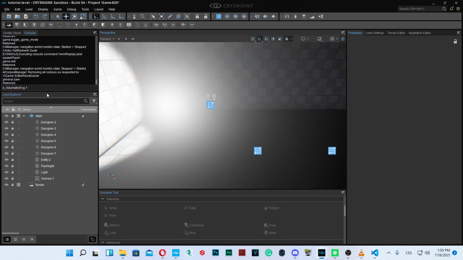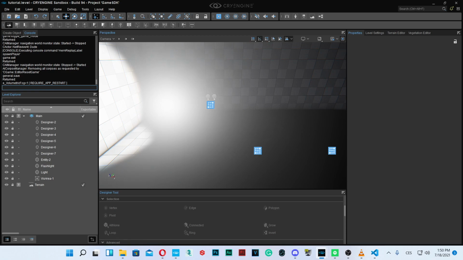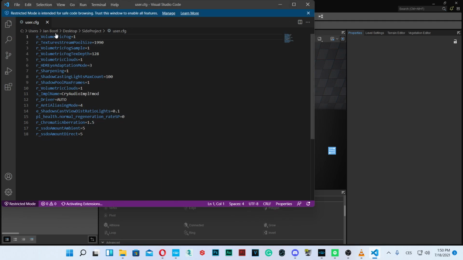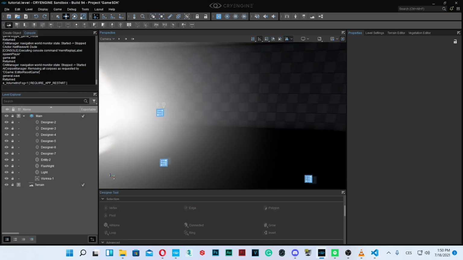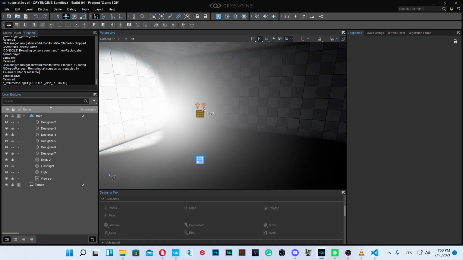If you don't have that, you can see it says require app restart, and if you restart the app, it won't be enabled. So you need to enable it by doing it that way. And you can see I have it right here, the first line. Okay, so now that we have that,